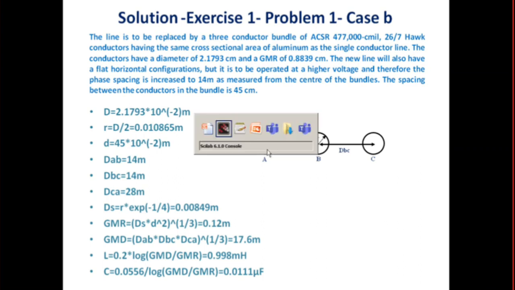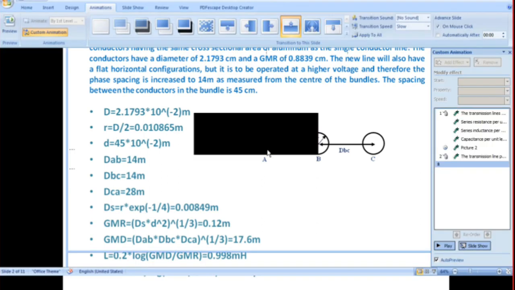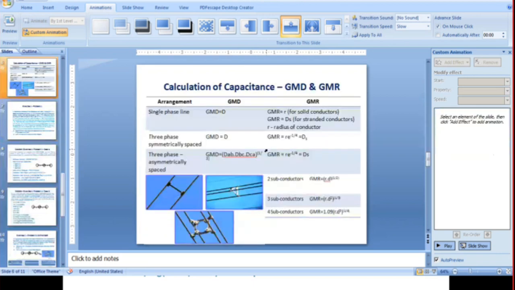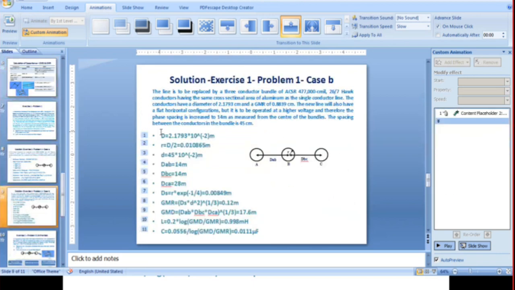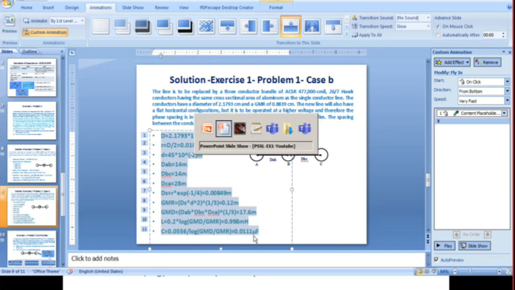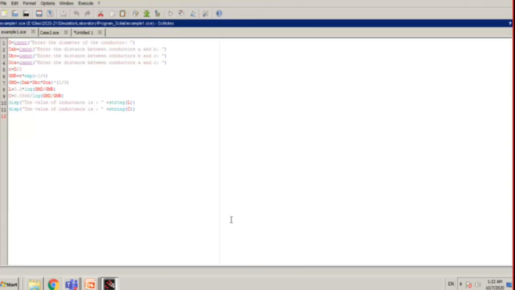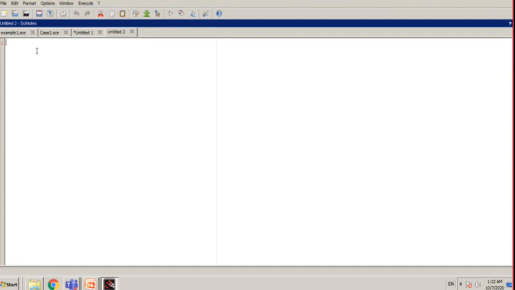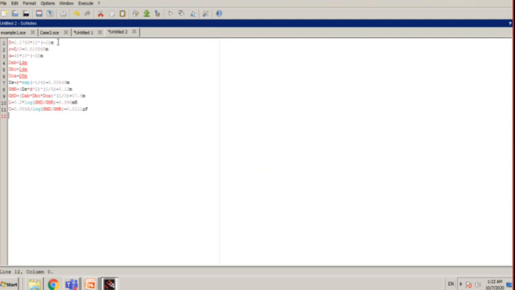Now let us discuss how to write the code, directly from the problem which you have solved. This is the solution of the problem, right? Here I am just going to write the code directly as we solve the problem. In the previous case, I just fetched the input and then we solved. What I do now is open a new SciNote and copy paste the same problem. Here I will tell you how we can simply convert this particular problem solution into code.